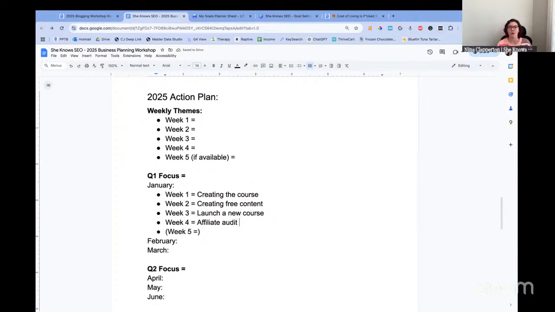Remember, we're working for one specific goal at a time here, but a lot of your things will probably cross between stuff, especially because so many of us have goals that are similar. Like income, traffic, they go hand in hand. So you're not going to have three things each week. The weeks we just want one thing for. And so here, I have creating the course, creating free content, launch a new course, let's say an affiliate audit,